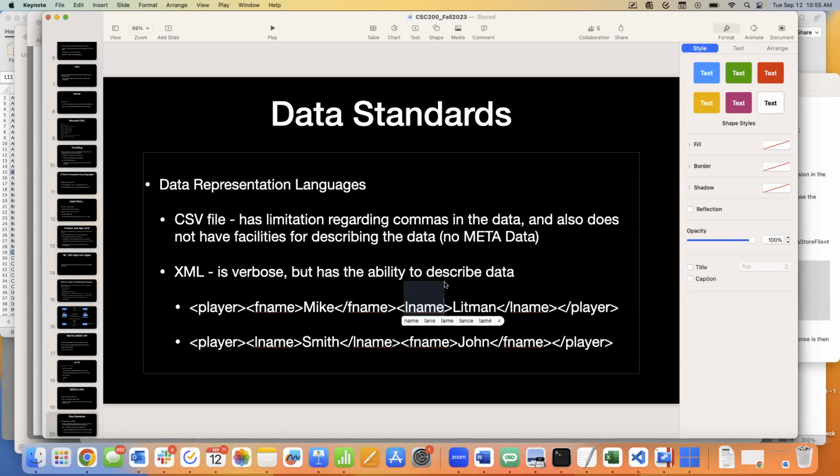Now, that's not necessarily a problem because at least it does describe it. So we can say this is an upgrade. It's better than comma separated values, right? In fact, for a long time, and it's probably still the case for a lot of applications, how many of you have ever opened up a file that had an extension docx? What about a doc file? What program opens when you double click on either of those files? Microsoft Word. What's the difference between a doc and a docx? Docx is a newer format. Doc is an older format.